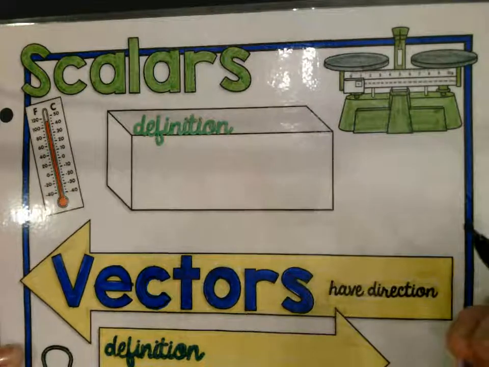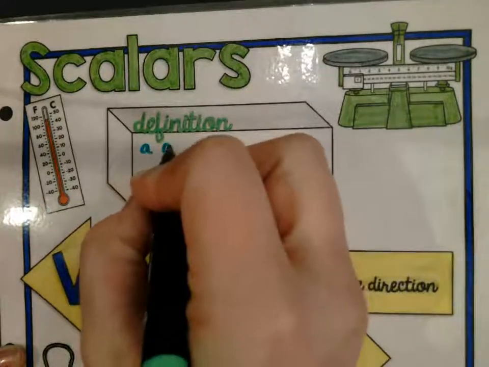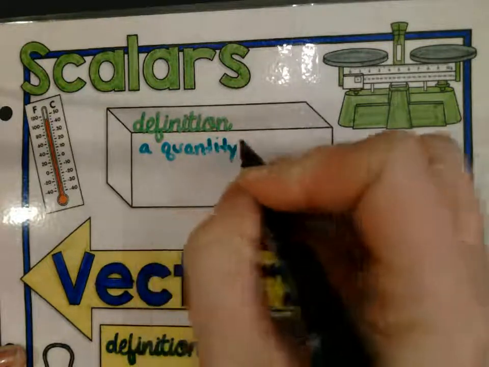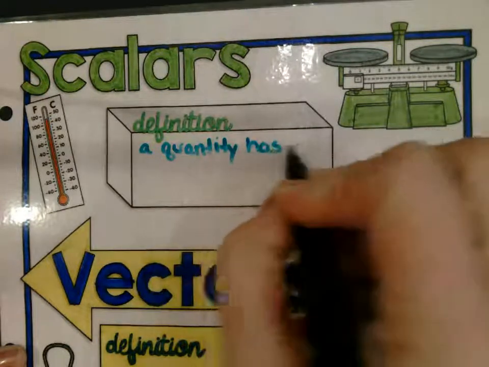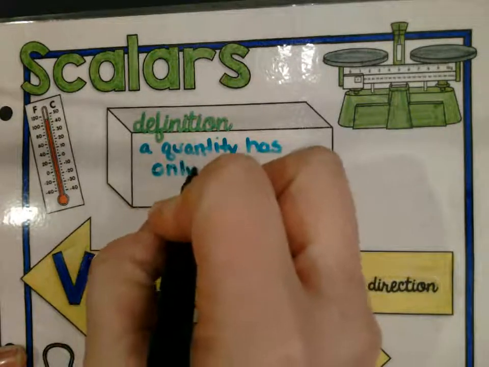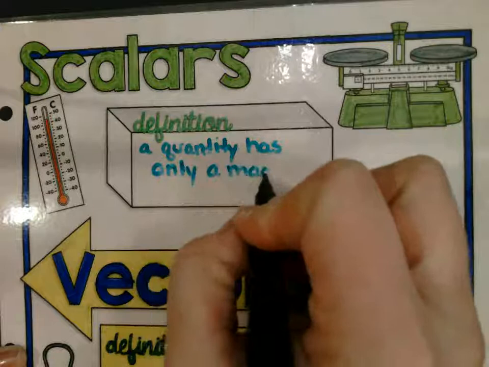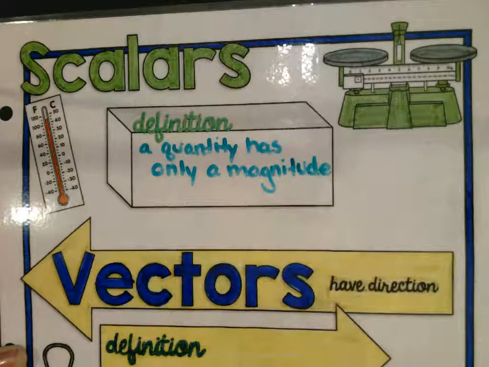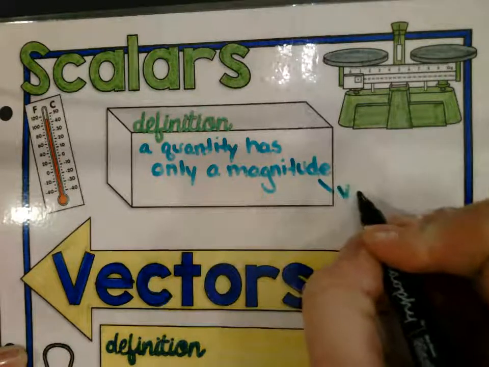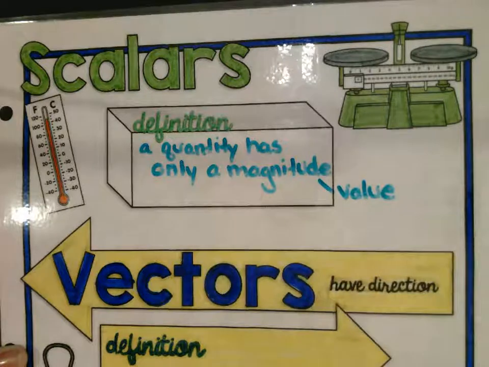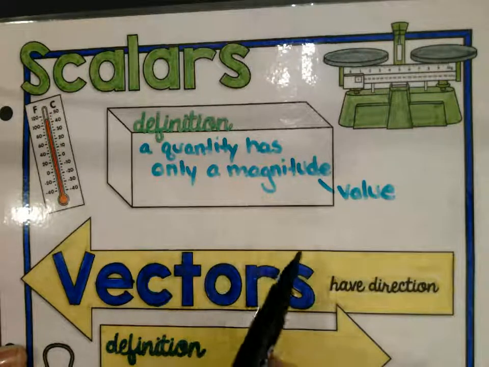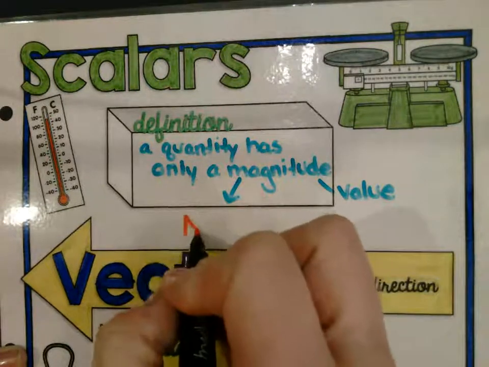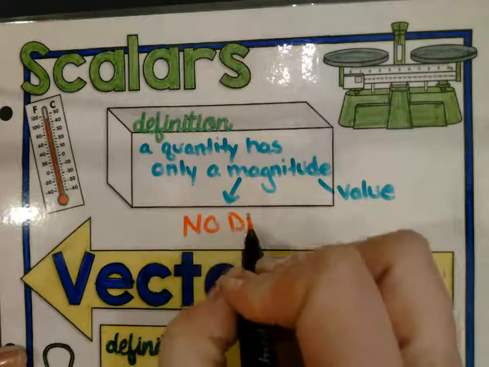So the definition of a scalar is a quantity that has only a magnitude. But what's a magnitude? Magnitude is a value. So the scalar is something that has only magnitude, which is a value. It doesn't have direction. And that's going to be really, really important. So scalars have no